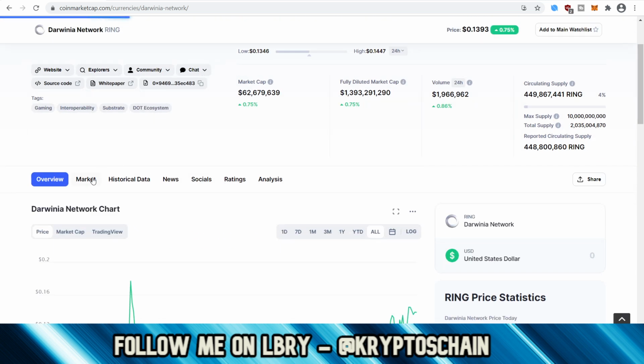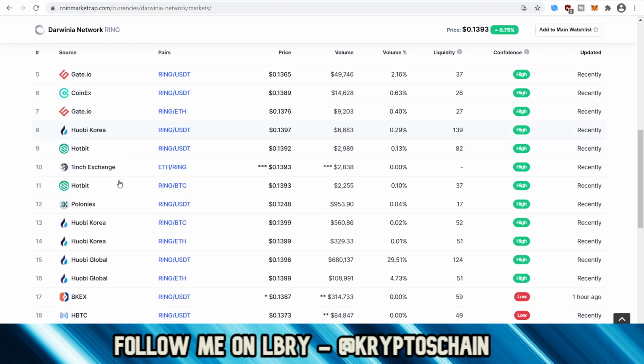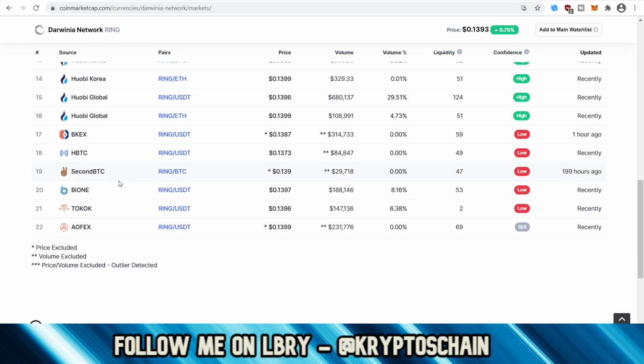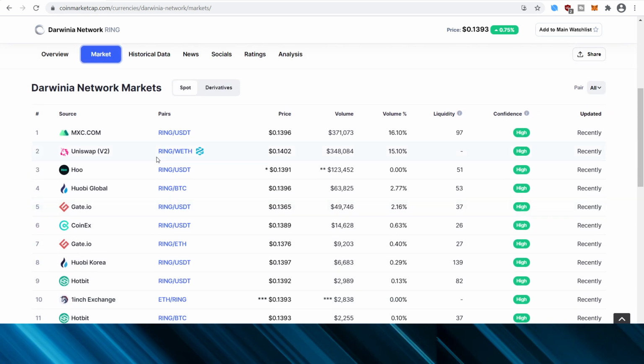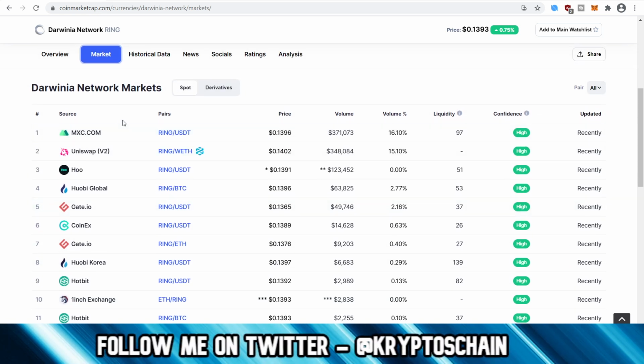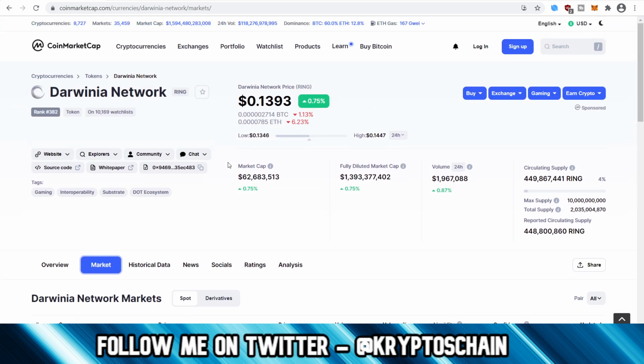So again, just to remind you here, if you go to the market section, you can see all the different exchanges that you can actually get Ring on. And again, this isn't financial advice, it's only if you are interested. This is how I do it. And like I said, I've done a tutorial on MXC, I've done a tutorial on how to use Binance, which is a cryptocurrency exchange that allows you to purchase with fiat and sell for fiat. When you want to do that, of course, some people may want to sell their dividends, but then once you do that,